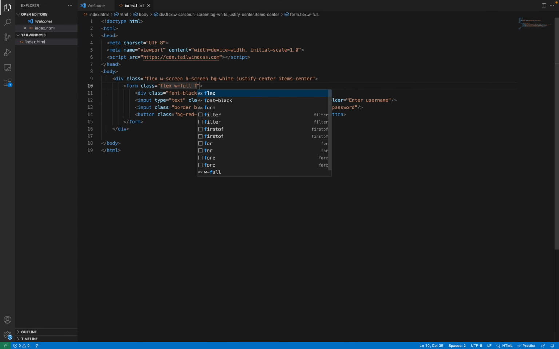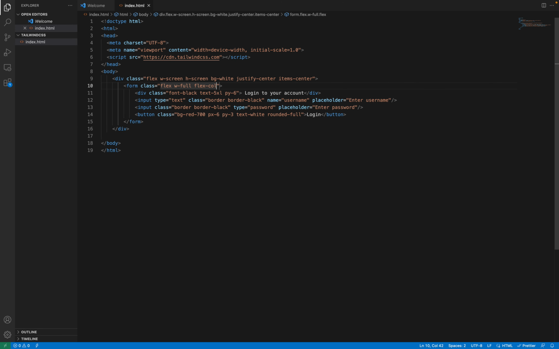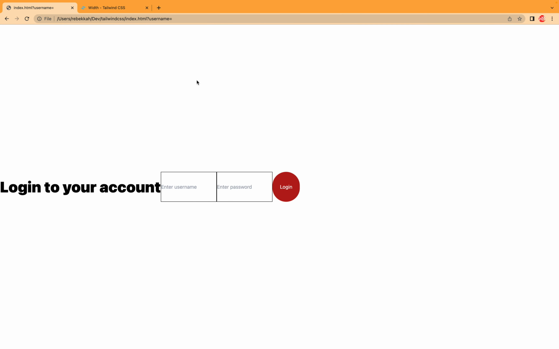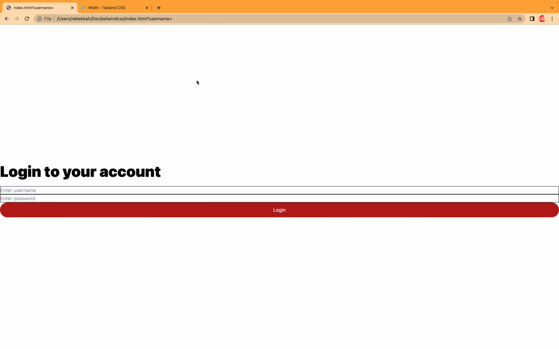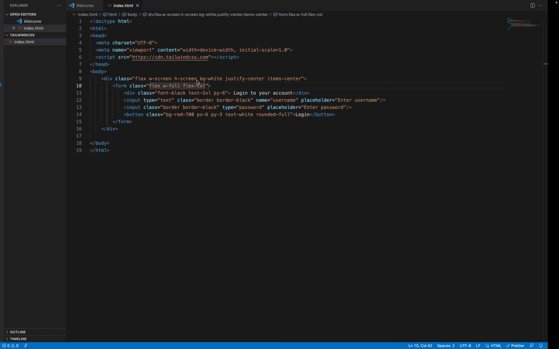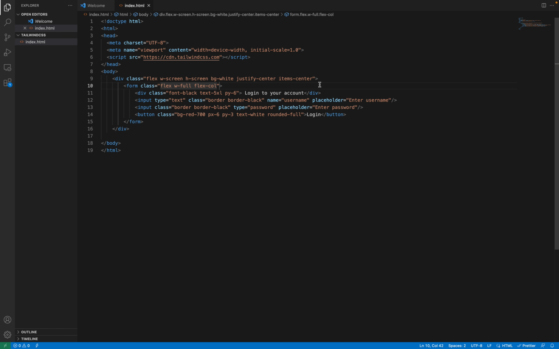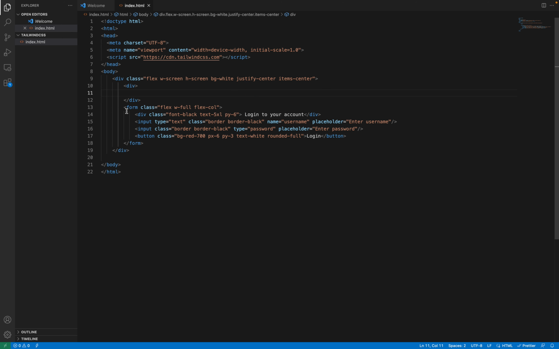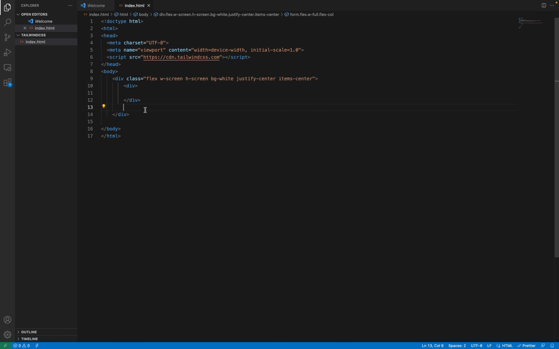So we are going to add flex column. It means that we are arranging our items here vertically. Okay, yes, and you can see that it has reset everything to 100%. Yes, this is what we want. So for us not to stress ourselves, we are going to wrap the form with this. Let's wrap our form